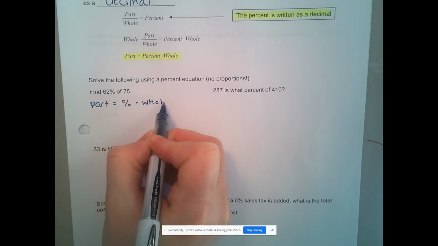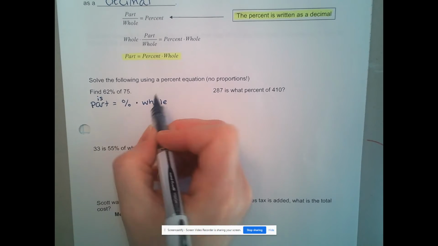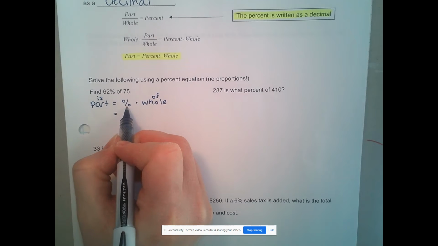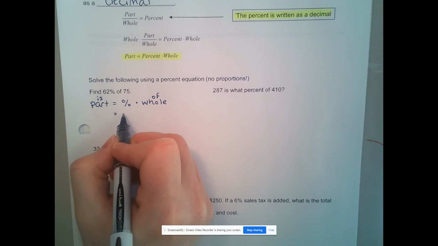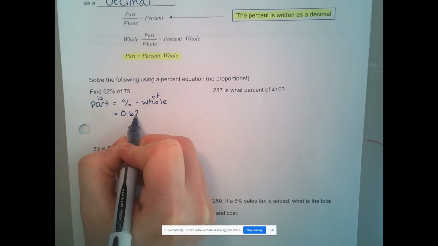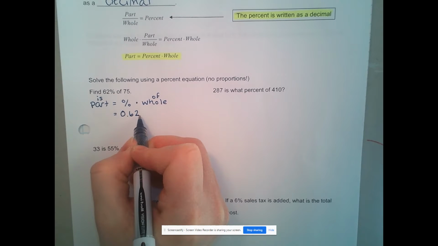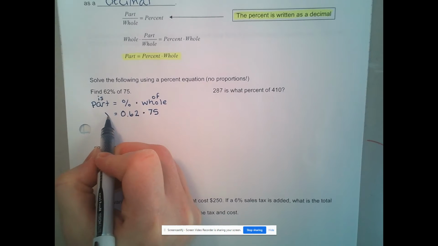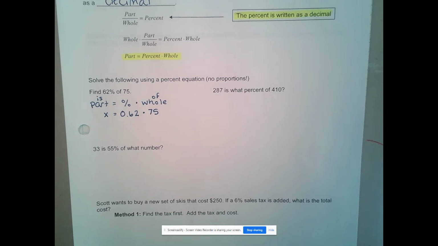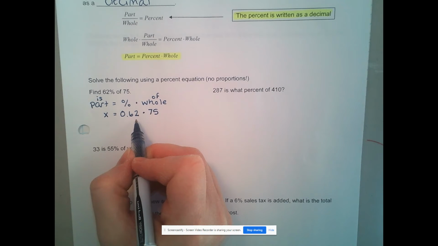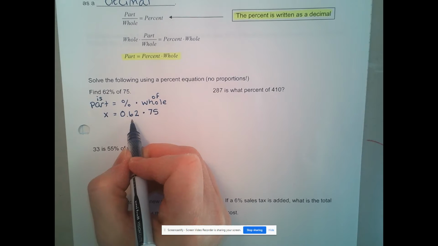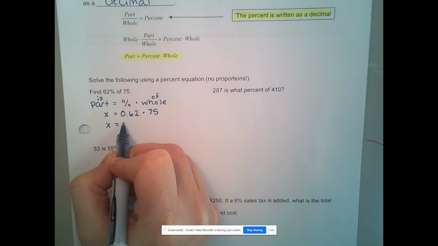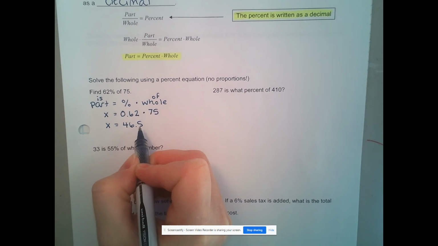Now, don't forget, part was our is number, whole was our of number. So in this case, we're saying the percent is 62, but you have to remember to write it as 0.62 because it's written in decimal form. Of number is 75, and the part is the thing that we're looking for, so that's where the x goes. So all you actually need to do in this problem is multiply the 62%, 0.62, times 75, and you would find that the missing part number, the missing is number,